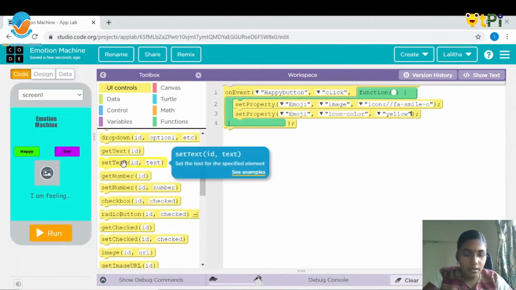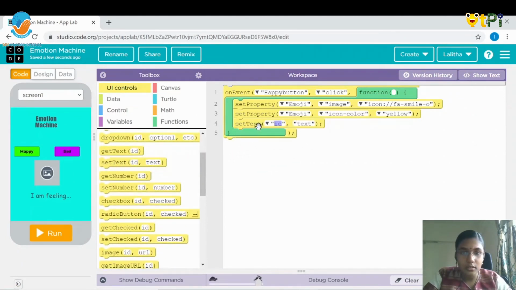So we need to drag and drop the set text block, and instead of ID we are gonna choose it as feeling label, and we are gonna keep the text as happy. So it's done. So we are done with the happy button.